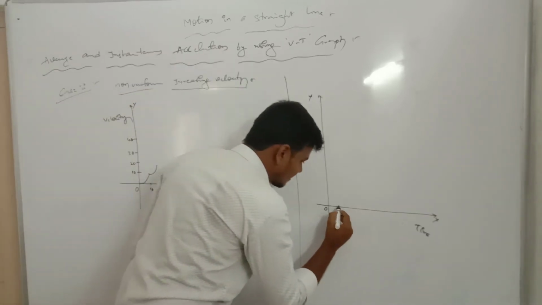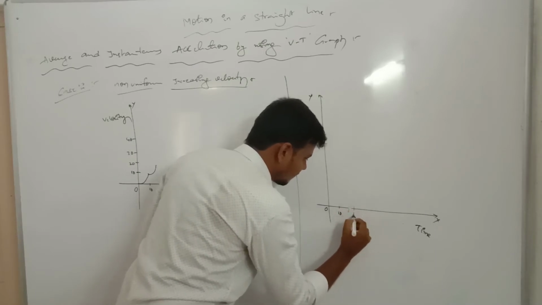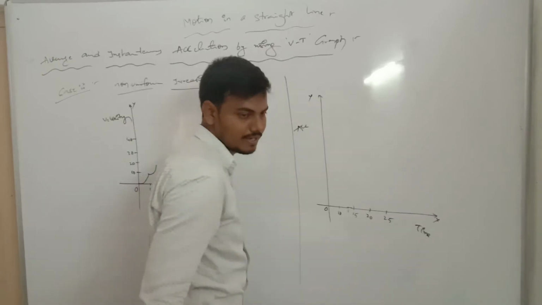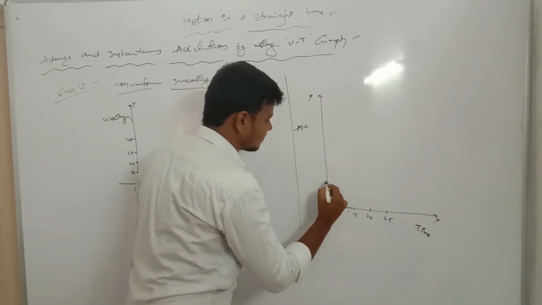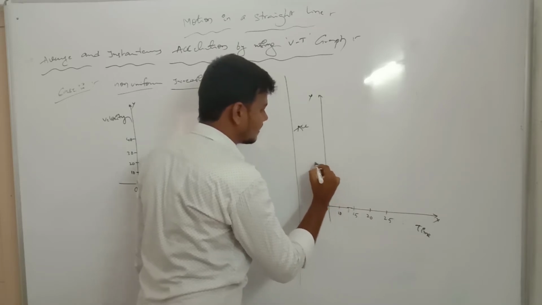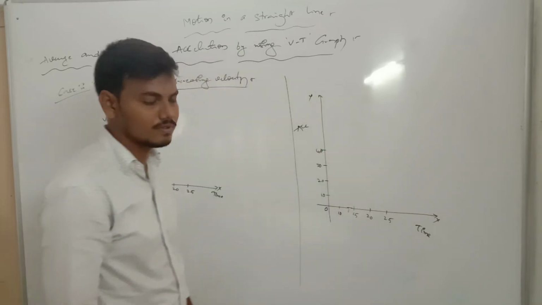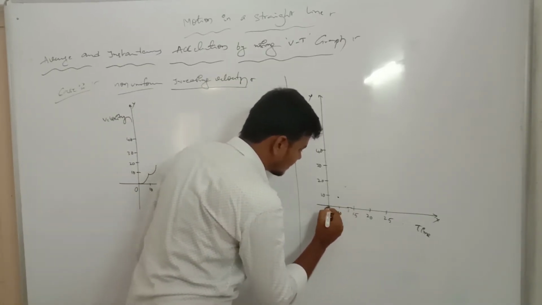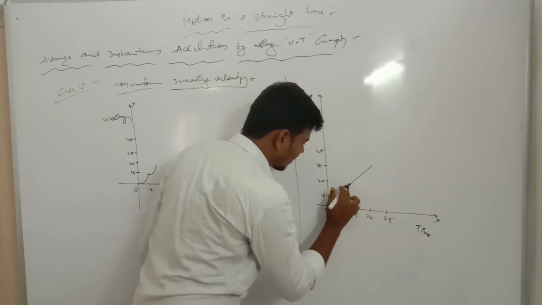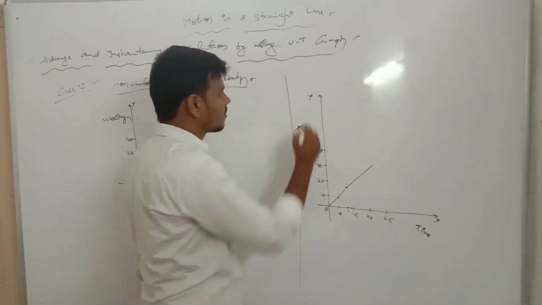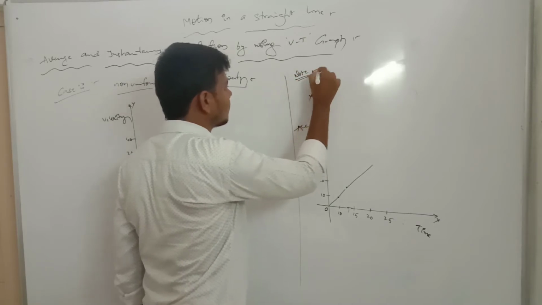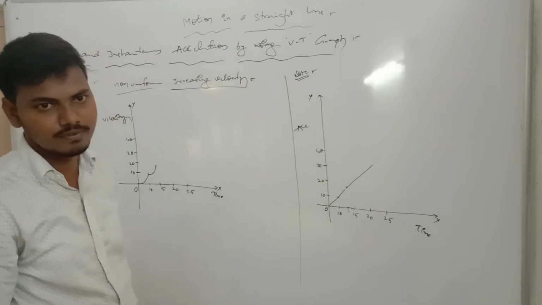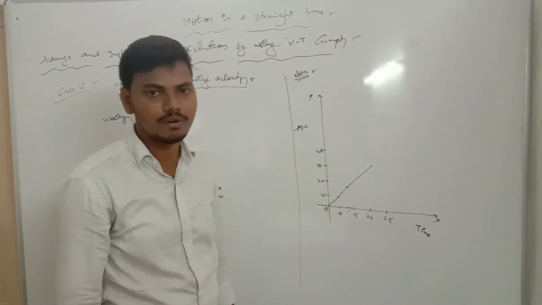Okay. Right here, this is 10, 15, 20, 25. Okay. Right now, on the x-axis 10, 20, 30, and 40. Okay. So this is our position, first one. Again, this is the position, second one. This is the straight line of the position. Okay. Note: non-uniform increasing velocity is always the output of uniformly increasing acceleration. Okay, clear?